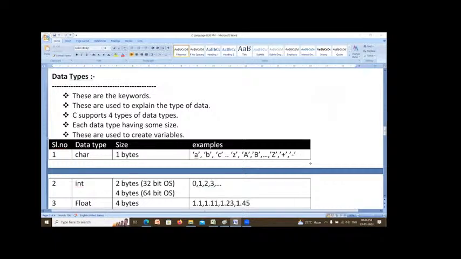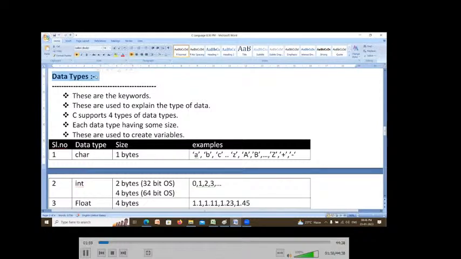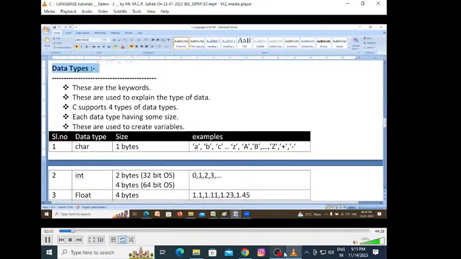My dear friends, am I audible? Yes. Good, Chaitanya, thank you. Now, today, I will repeat the last class for 2 minutes. Data types. In any organization, data is very, very important. Data means, suppose take my class, how many students are here? What are your contact numbers? How much you paid?